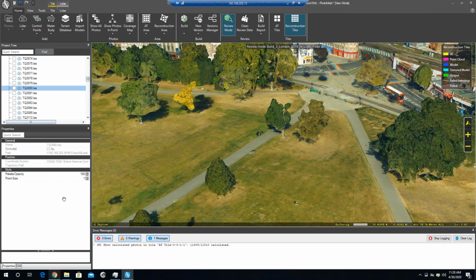Some other questions: what takes precedence, LiDAR or photogrammetry? That's a good question. Some of it depends on the density of the LiDAR versus the image point cloud. If the LiDAR is dense, then it's going to dominate the imagery more. If the LiDAR is rather sparse, like 2, 3, 4 points per square meter, it's hard for it